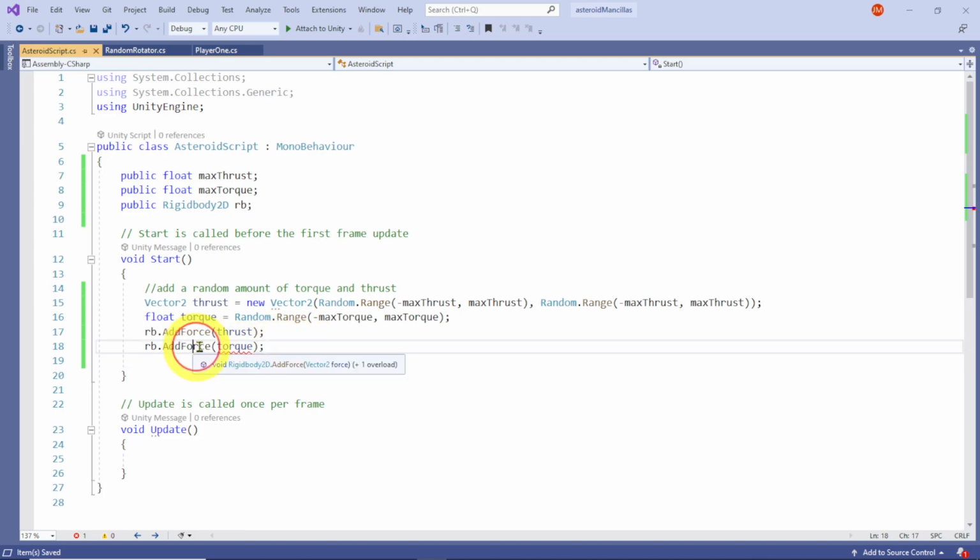Oh, not force. I'm sorry, folks. Add torque. Making rookie mistakes here. Okay, so there it is right there. Add torque equals torque. All right. Hit save. Add that to my